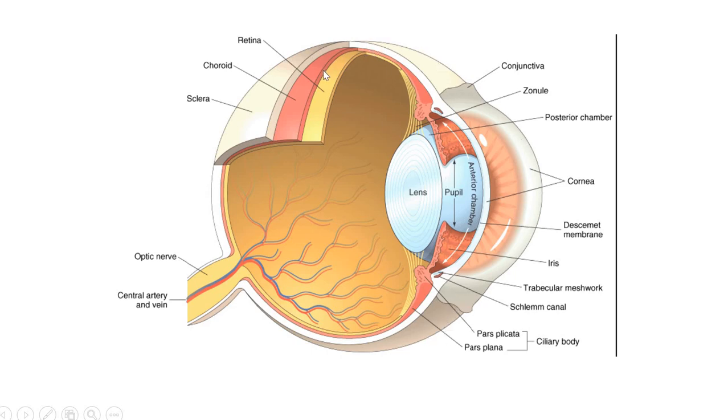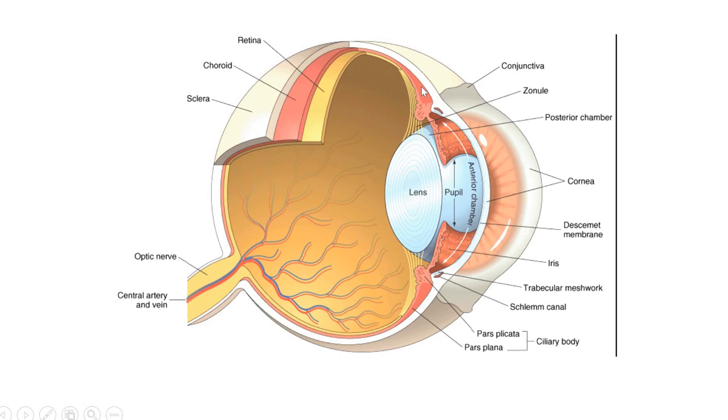Okay, and there are three layers of the eye. The innermost layer is the retina, which has the blood vessels and the nerves, and this retina has the rods and cones which are helpful in vision. So this is a neurosensory layer, which is the retina, and then the next layer is the choroid, which has blood vessels which supply the various parts of the eye. The choroid is a vascular layer, and the outermost layer is the sclera, which is the protective layer. The sclera in the center forms the cornea which overlies the lens. So from outermost to inner, it is sclera, choroid and retina.